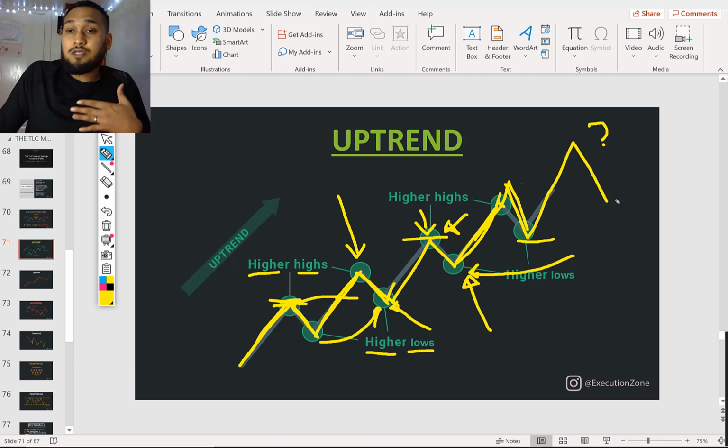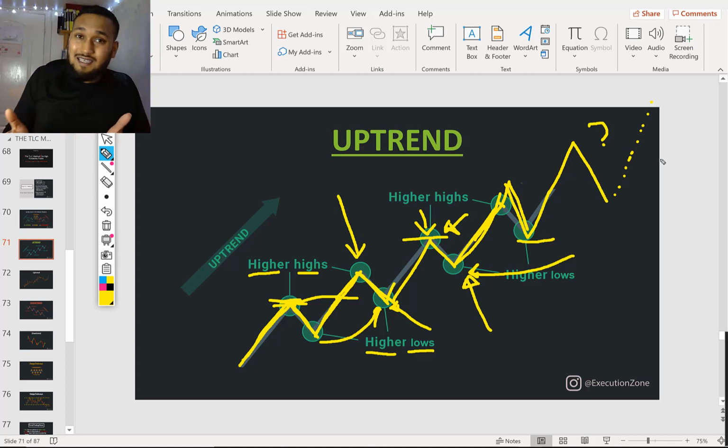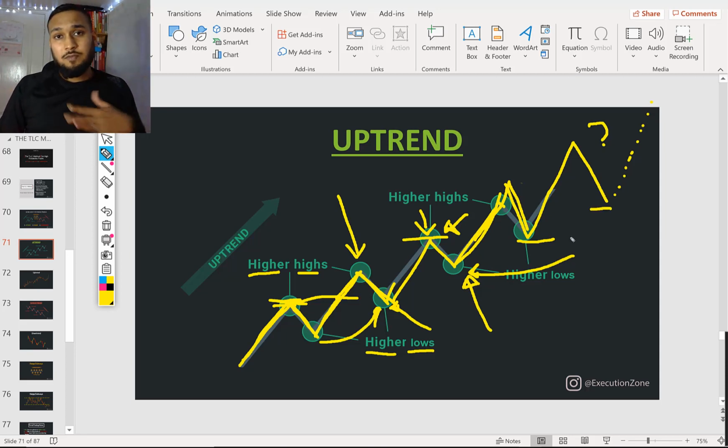You'd expect price to go up and create further highs, right? That's what you would expect. Now, if you expect and you can see that the market's likely to continue moving upwards, as we have here, right? If you expect that markets are likely to continue moving upwards,